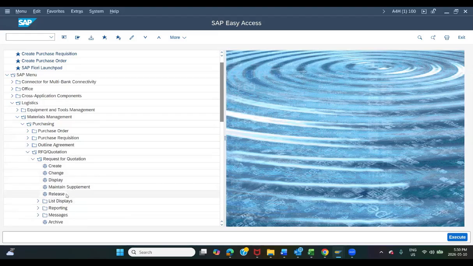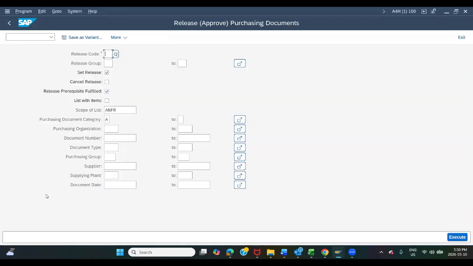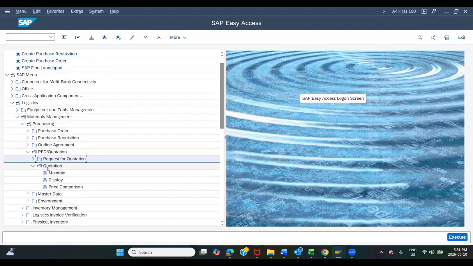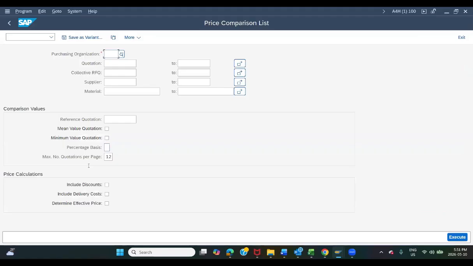Now, in some instances, you also need to release the RFQs, but it is not very frequent. So what is more important for the release strategy for me is the PO. So we spoke about this maintain, display and price comparison. For this server, everything is not completely set up for my price comparison. But essentially what happens is you are able to enter 3 different prices, and